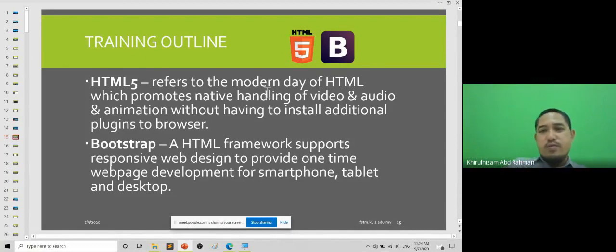The old version of HTML could not play nice with mobile display. One thing that they lacked is the support of responsive web design, whereby you can view your